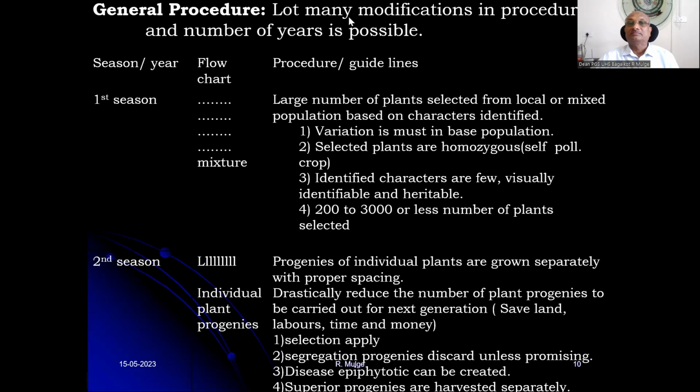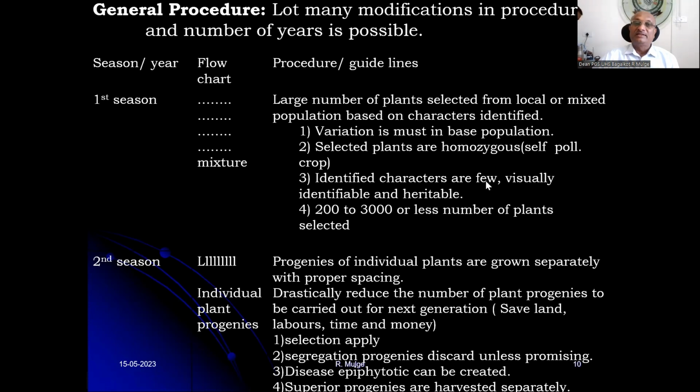The general procedure has a lot of modifications in procedure and number of years possible. It's not a fixed one. Here, for each season or year, what you are going to do. First season, a large number of plants are selected from a local or mixed population. Carefully use the term population. We should not use foundation, right? Selection is based on the characters identified. And the variation is a must in